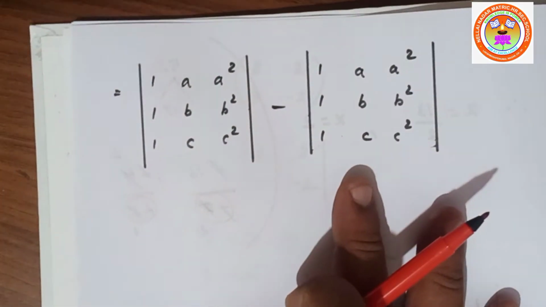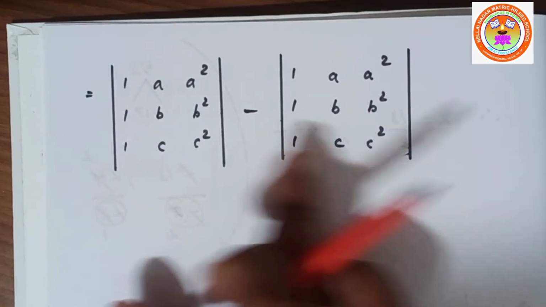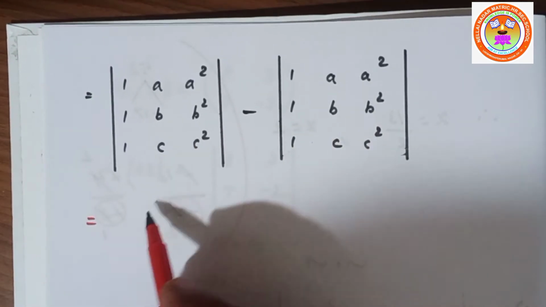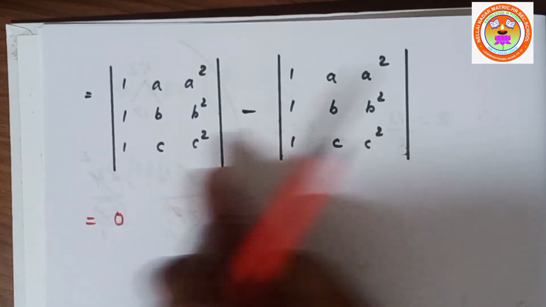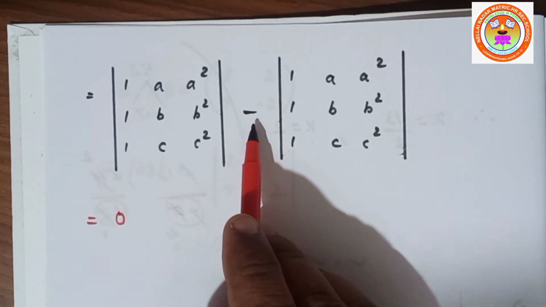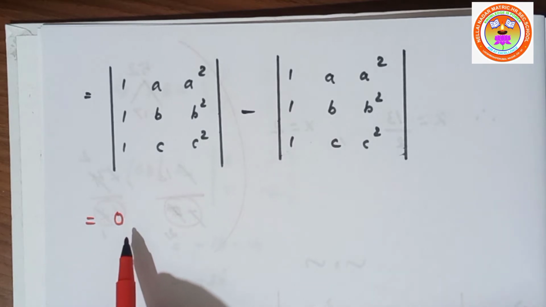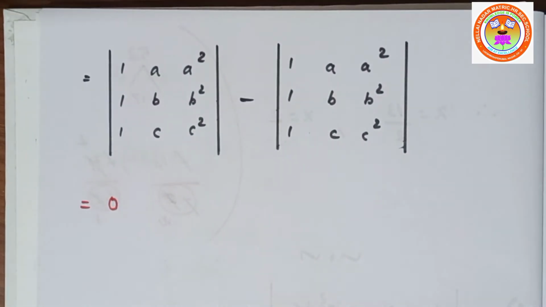So here it is. Look at that determinant, both the determinants are equal, so you will be getting the value 0 because in between we have the minus sign. So both the values are equal, which means if you subtract you will be getting 0. That is the value of the given determinant. So problem number 6 is completed. Then I will be teaching problem number 7.